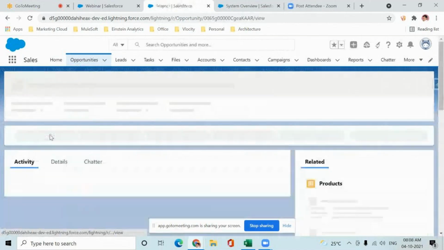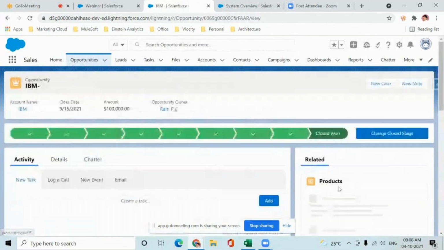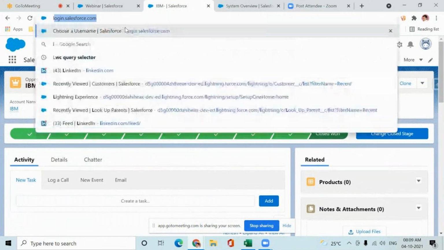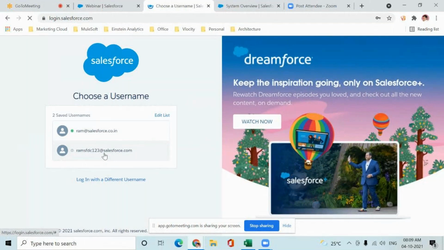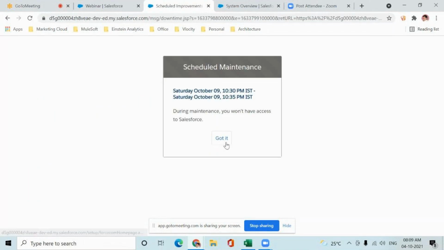The pricing, IBM. Okay, I think some other one. It's okay.